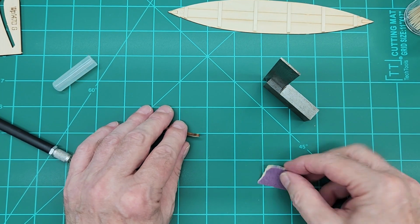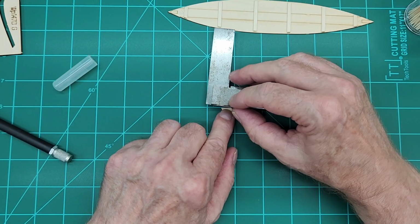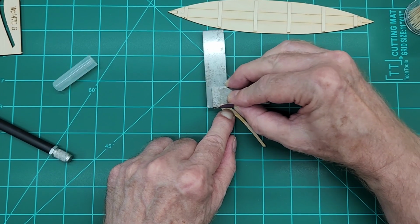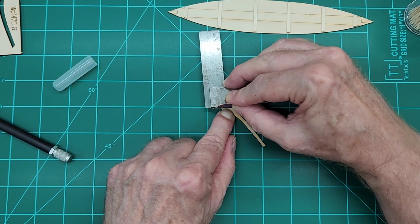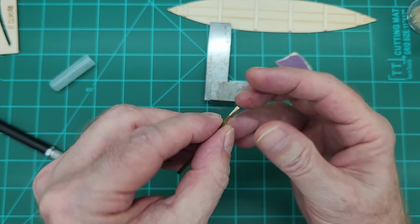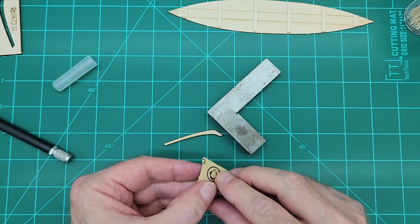Where's my little piece of sandpaper? So I'm going to use my square here and put my paper there, and hold this flat on the mat. And we're going to sand it off flat. I hope I'm sanding it flat anyway. So, all right, I need to do some more sanding there to get this square, because we want our stem to stand true and vertical there. Probably easier if I didn't do this with the camera running, but